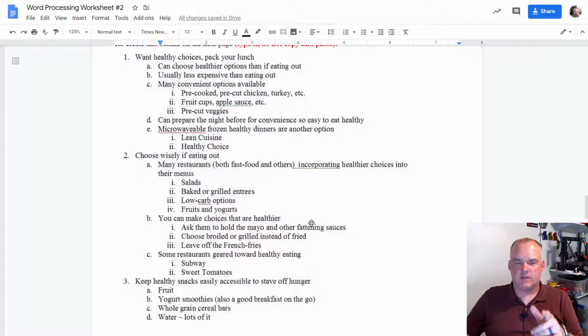Now, do you know why I say it's 5 paragraphs? There's only 1, 2, 3 main ideas. This would be a 5-paragraph essay because of the intro and conclusion, which is interesting when you're in your English class and they tell you you're going to write a 5-paragraph essay. Everybody's like, I don't want to do it. But how many good ideas do you have to come up with to write a 5-paragraph essay? Yeah, 3. Who can't come up with 3 good ideas? So what we're going to do is take this outline and